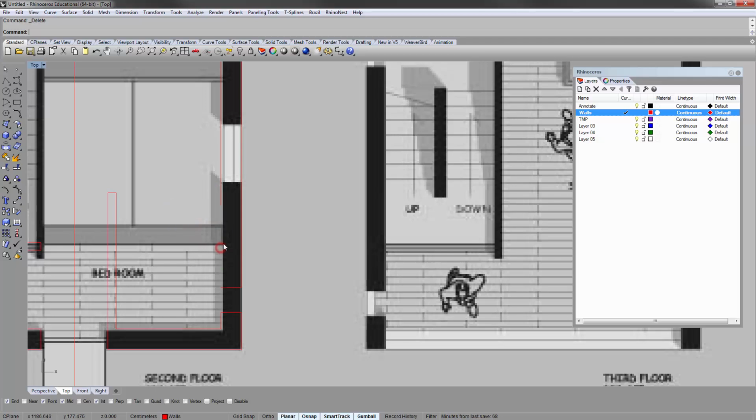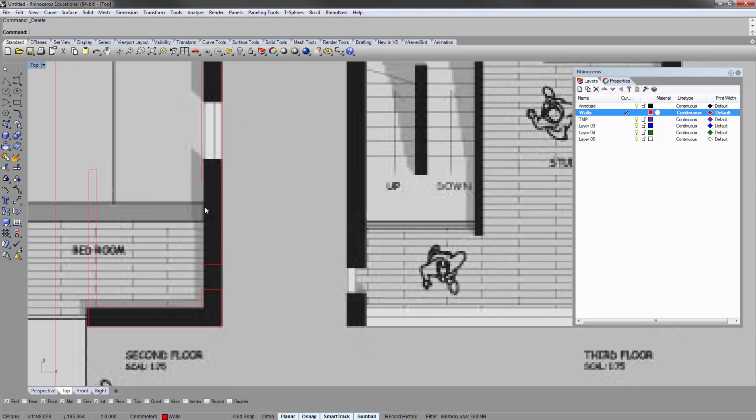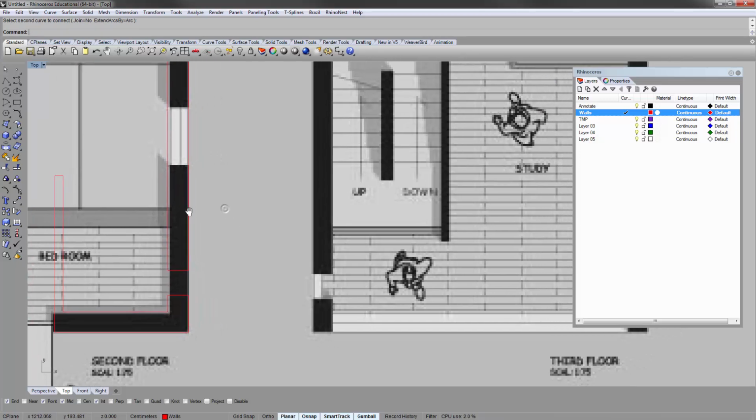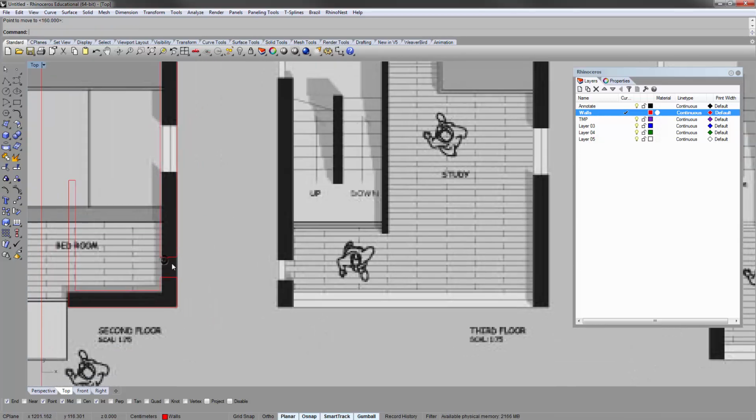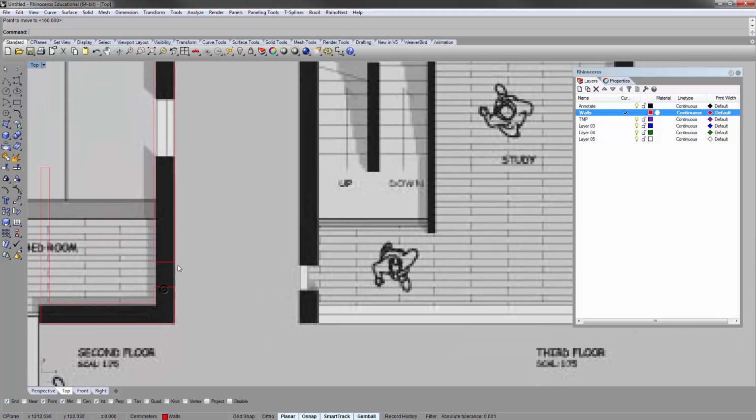We don't need that. Extend, or actually connect, as well. You can use this curve to this curve, and it automatically connects it. Something like this. I know that I actually want to move this opening over there. You can draw the lines and delete and fix that, or sometimes what I do